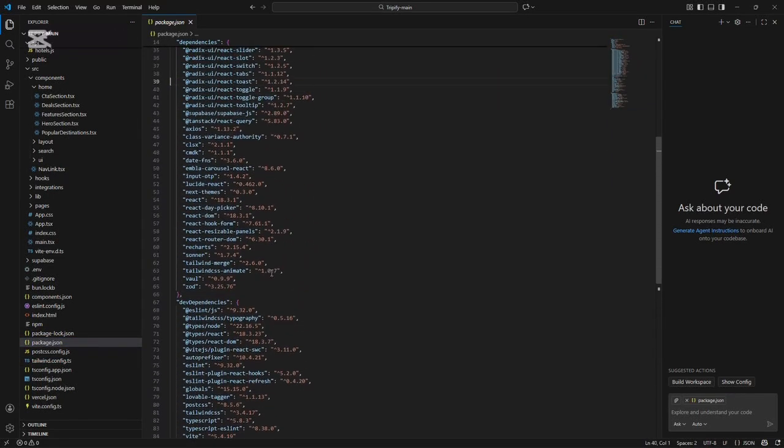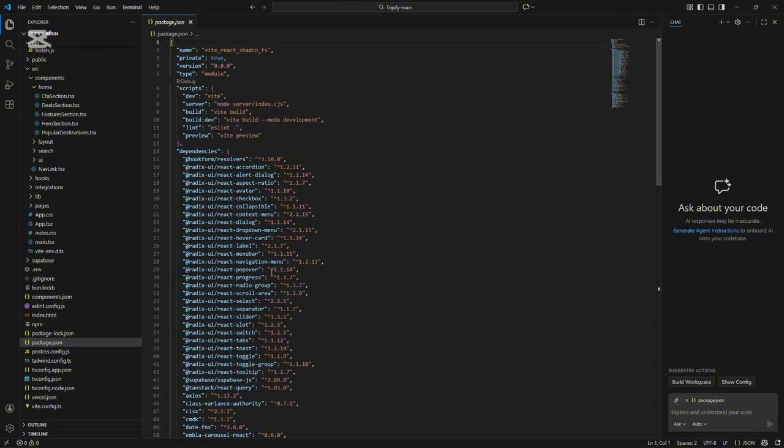Finally, the package.json file defines the project's dependencies and scripts. It includes React and React Router, Tailwind CSS, UI user interface libraries, state tools like Redux, data tools like React Query, Axios for API calls, and TypeScript for type safety. The scripts allow me to run the app locally, build for production, and preview it before